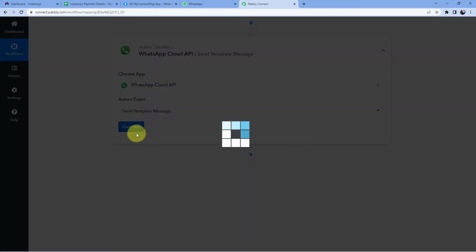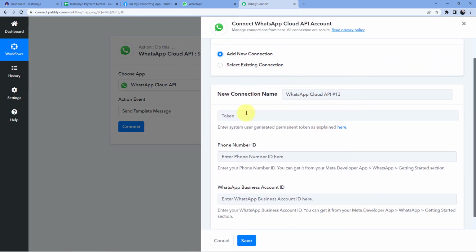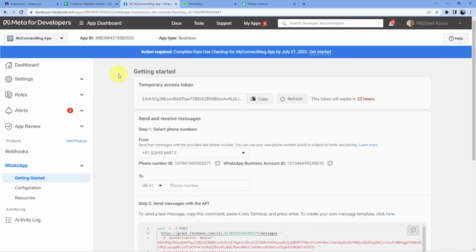Click on Connect and select Add New Connection. Now guys, I have already created my own WhatsApp Cloud API account. So we have a dedicated separate video guys of how you can set up your own WhatsApp Cloud API account, and the link of that video will be in the description box below or in the I button at the top. So I will suggest you to go to that link, watch that video